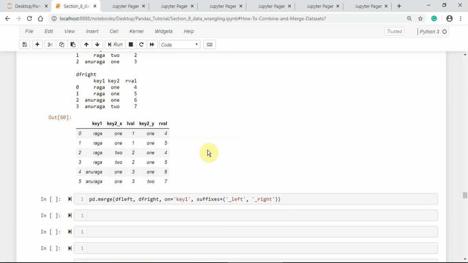We can easily overcome this situation by using the suffixes parameter as per the docstring, which is used to add different suffixes for the columns of different data frame objects. Here I am using _left and _right suffixes for the left and right data frame columns.